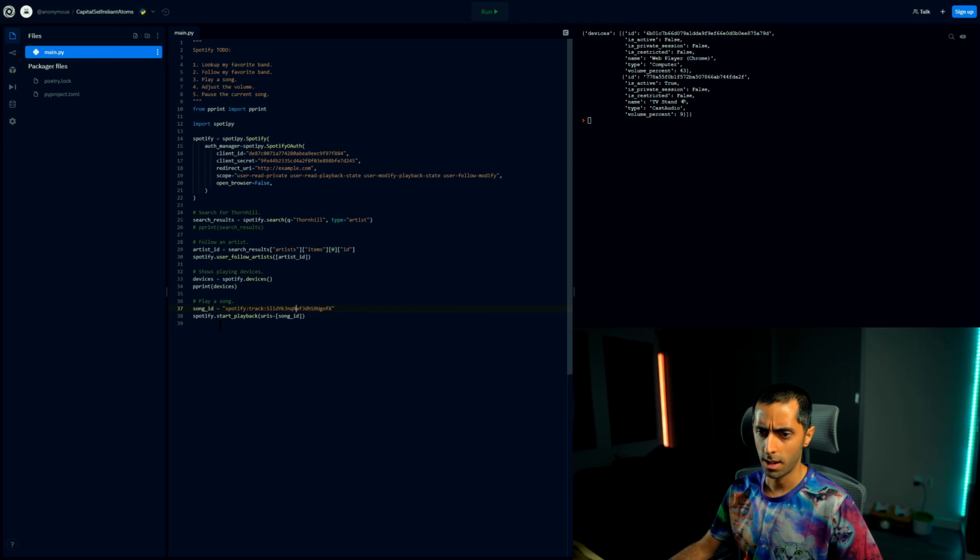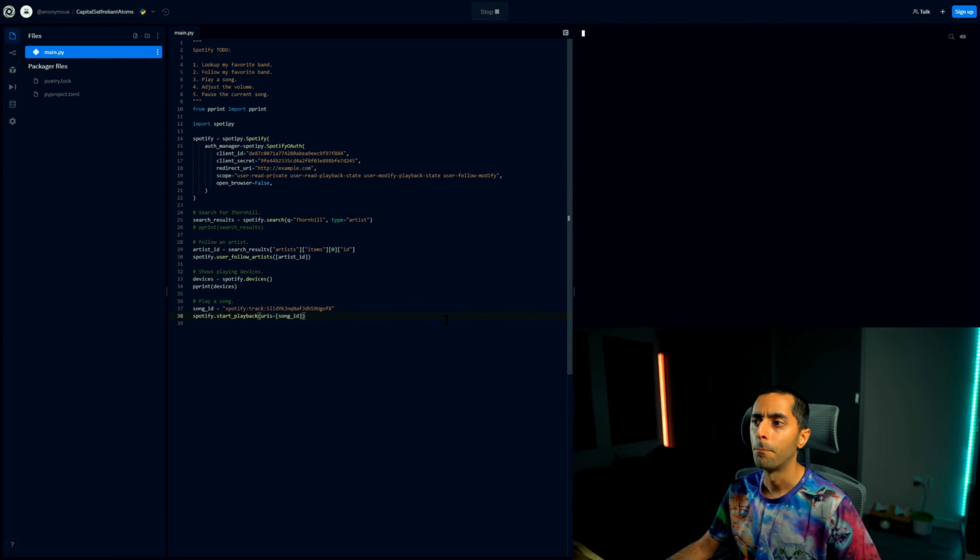So I created this, and now I'm going to access another part of the Spotify code that we installed at the beginning. And the chunk of code I want to use is called start playback. And start playback will start playing a track on your Spotify account. And we need to just give it the ID of the song we want to play. So if we run that,